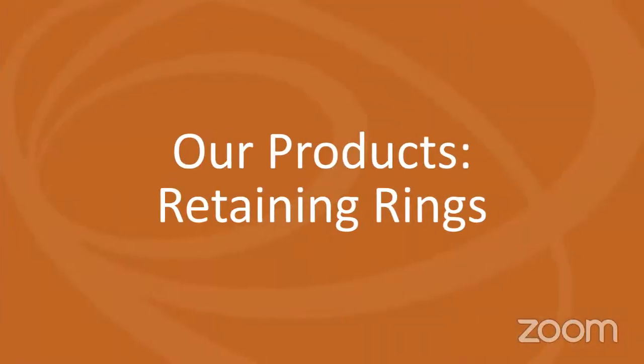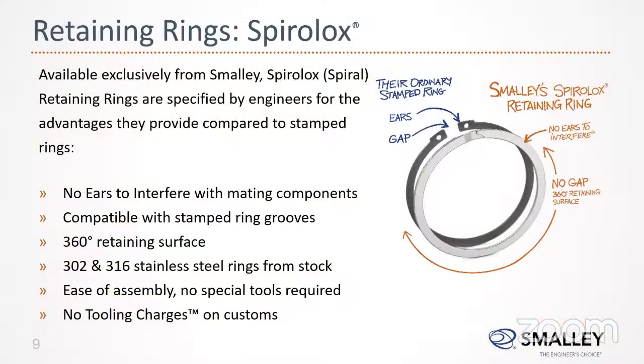Thank you. The next product of Smalley is the retainer ring. It's a better replacement for circlips in the industries. A lot of people use circlips. Some of the disadvantages of circlips are that they are made out of sheet. They stamp it, and while stamping, the grain structure gets damaged. So when you operate circlips multiple times, you get permanent deformation or they crack. Also there is an ear which will interfere with the mating hardware. So in order to accommodate that ear, the design engineers have to develop larger assemblies. And also we need pliers to operate it.